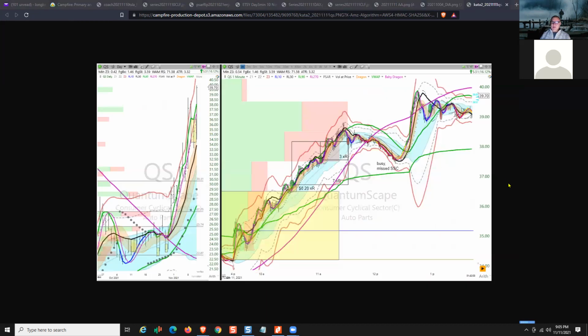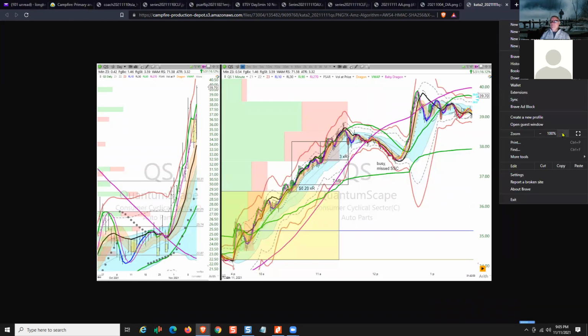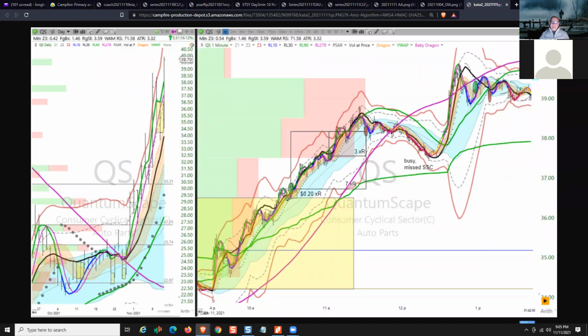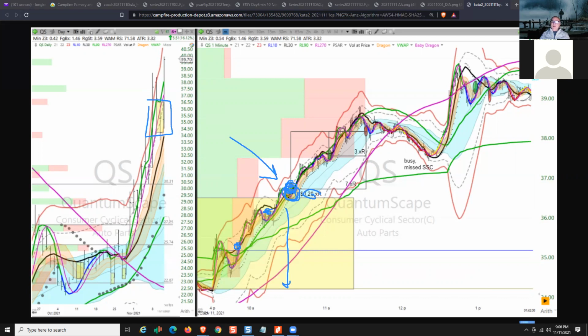Here's Ken H on COTA 2. Let's see. This looks like the one that got away. I think he was framing that one on a daily. And then when he actually took it, he had the real tight intraday risk box, a 0.2 instead of all the way down to here. Notice that he might have taken this COTA 2 and that COTA 2, but he did take this COTA 2 and got paid for